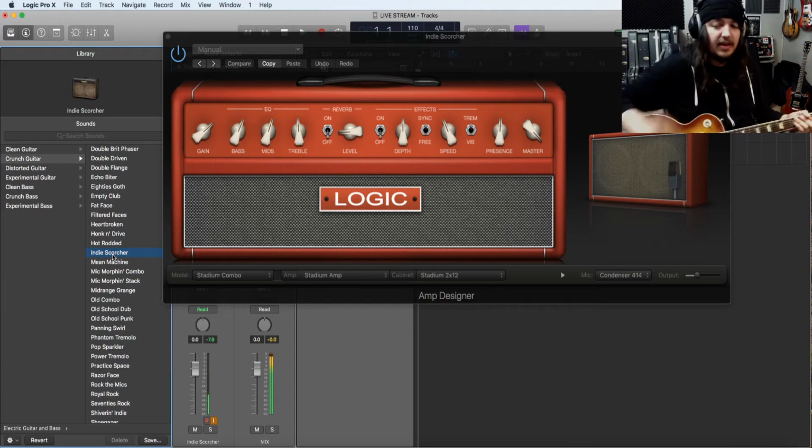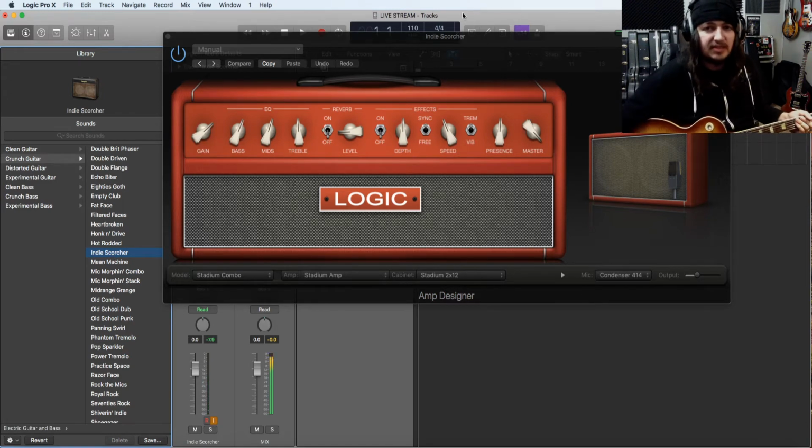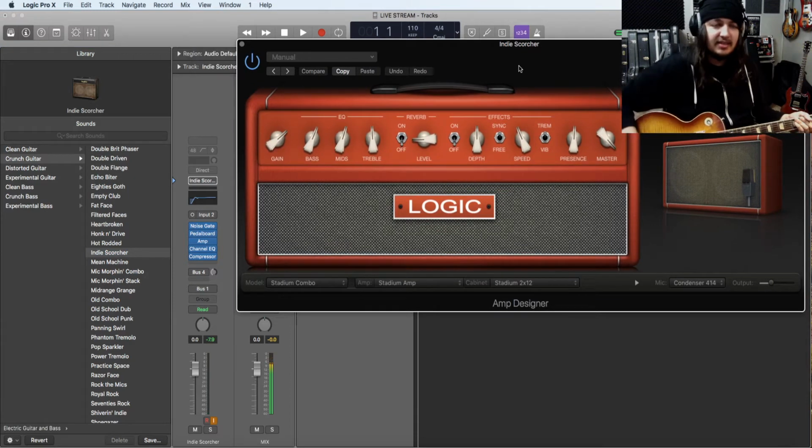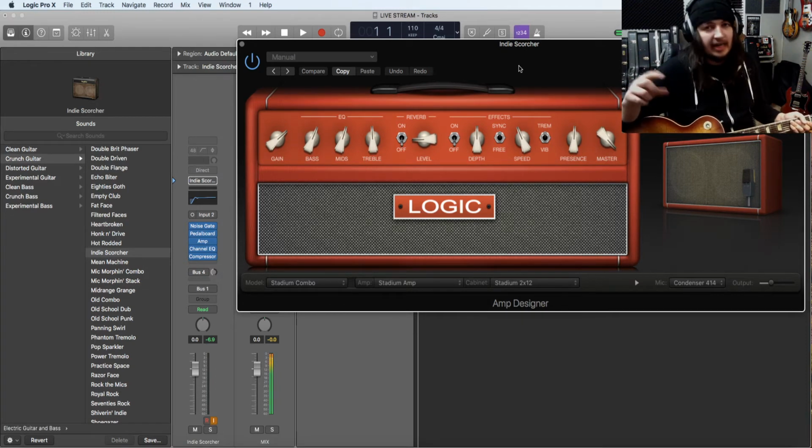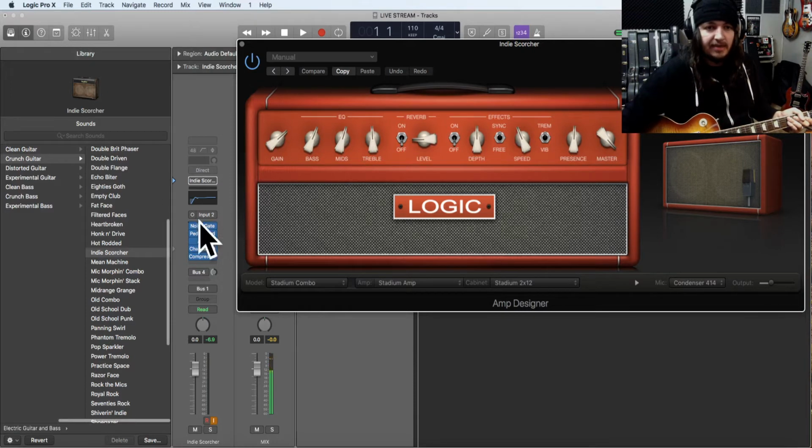Okay, now this is one thing I wanted to talk about with the Logic one. Kind of on both, but Logic Amp Sim specifically. You'll notice there is that sound, that buzzing hiss sound. Now, I don't know if this interface, since it's pretty inexpensive, might not be the cleanest signal coming in, but the Amp Sim, especially on the high gain stuff for Logic, tends to have a lot of background noise and hiss. So what you'll see is down here, they already put a noise gate on this preset for you,